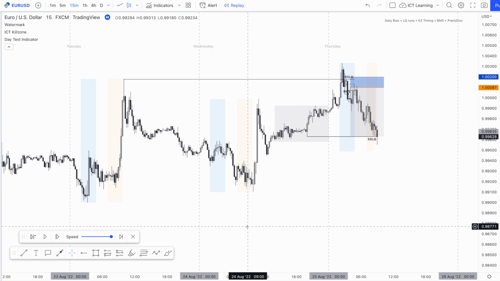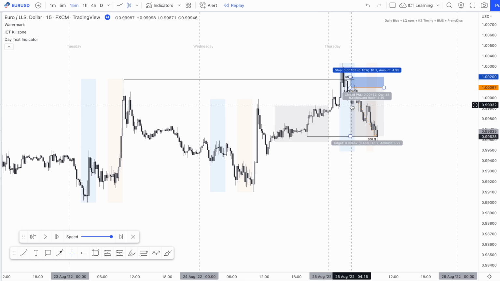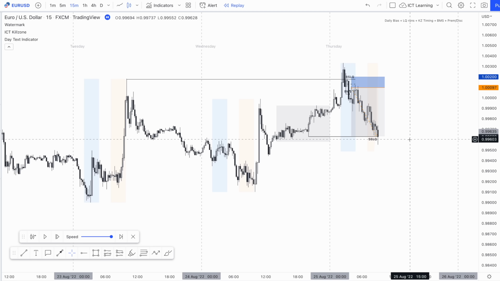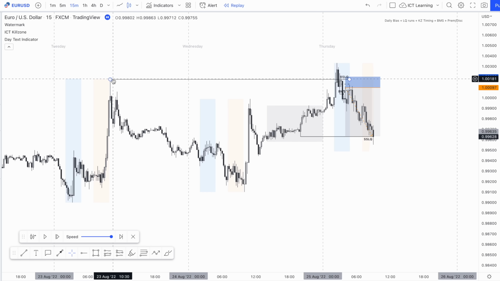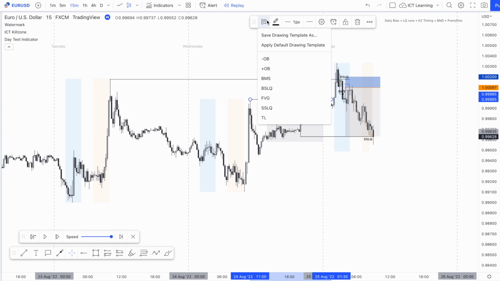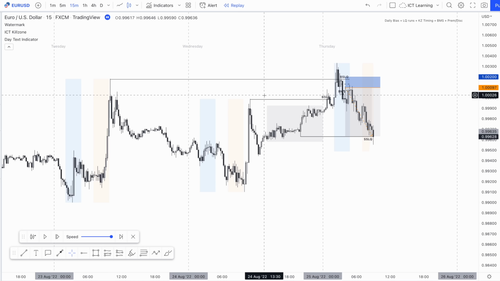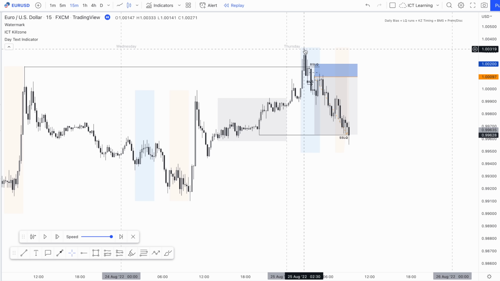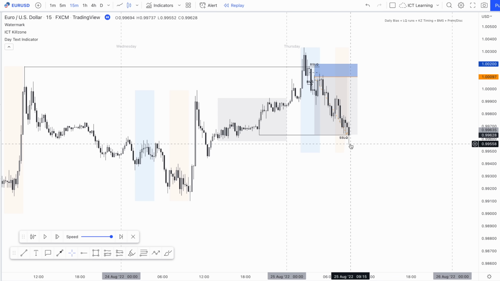So I wanted to go over the trade that I took on the 25th, and I've left it on now, but let's just look back through previous price action. You can see I've got this upper trend line resting above this old high, and yes, you can say that we ran through liquidity above this high as well. BSLQ basically just means buy side liquidity. As you can see, we ran through these buy stops and then proceeded to expand lower.